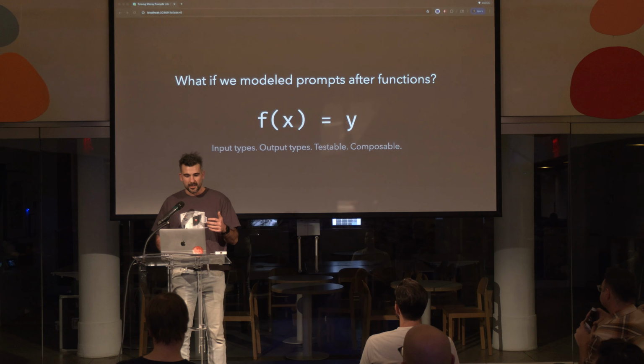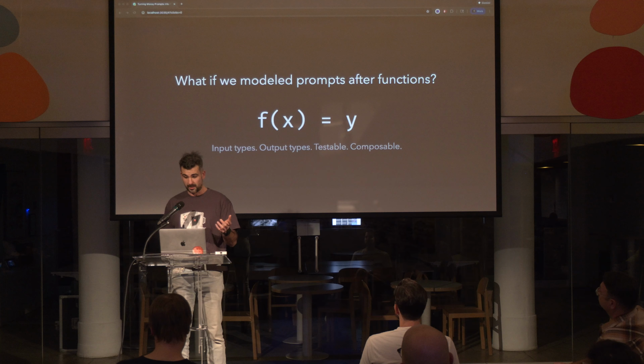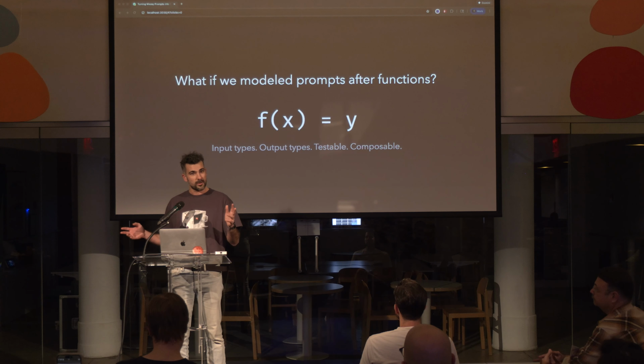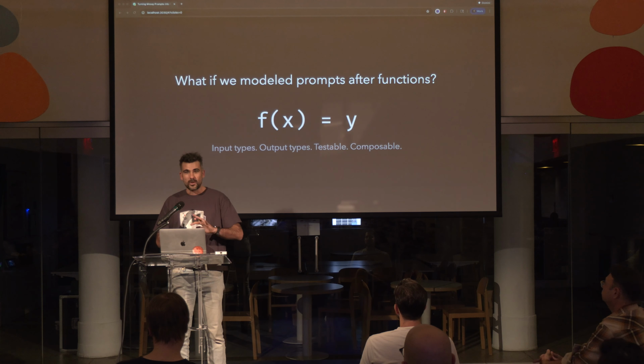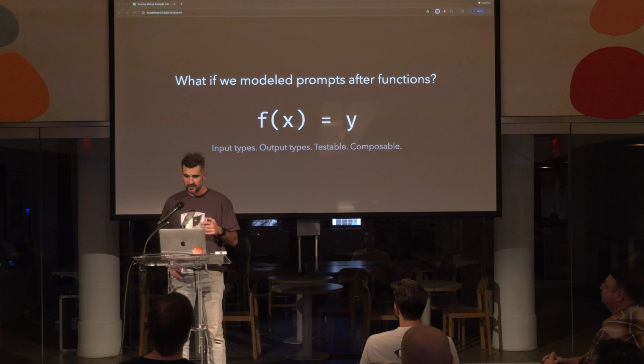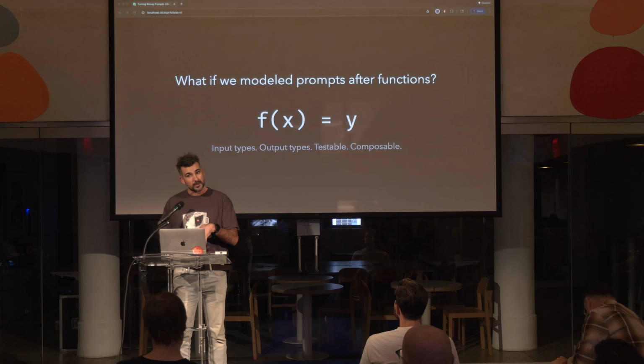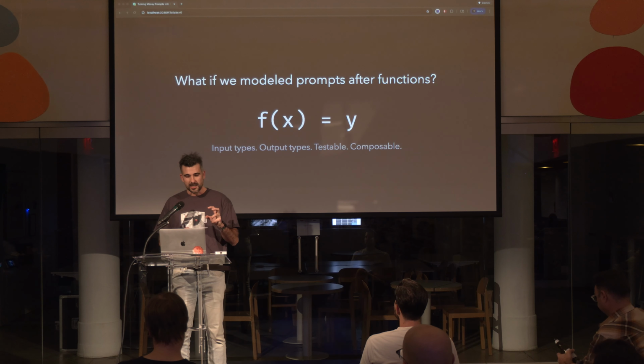And what if they looked like functions? Everyone here probably is familiar with what a function is. You define what goes in, define what goes out. You let the framework or your platform just run with it. And this way you detach yourself from the nuances of dealing with a large language model, which we know is a little bit of a pain. So this way you can decompose your prompts into workflows, and you can start modeling and evolving your products using a higher level language or vocabulary.